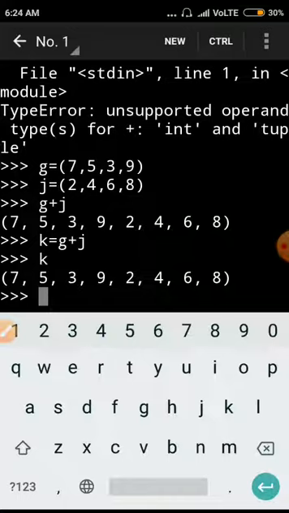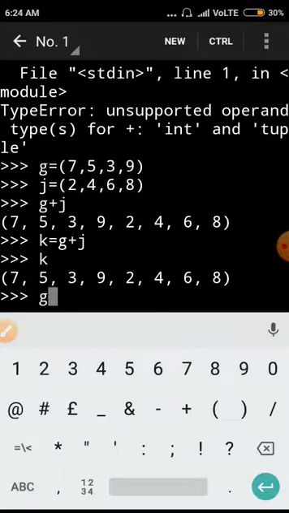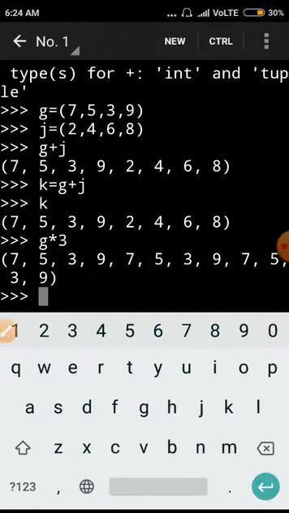So now slice of the tuple. Now the second operation is multiplication. It's called repeating or replicating. So here I have taken a tuple g, its elements are 7 5 3 9, and if we want to multiply or replicate these elements, for that purpose we write the name of the tuple, the multiplication sign and 3. So it will write the elements of tuple g 3 times. It is called repeating or